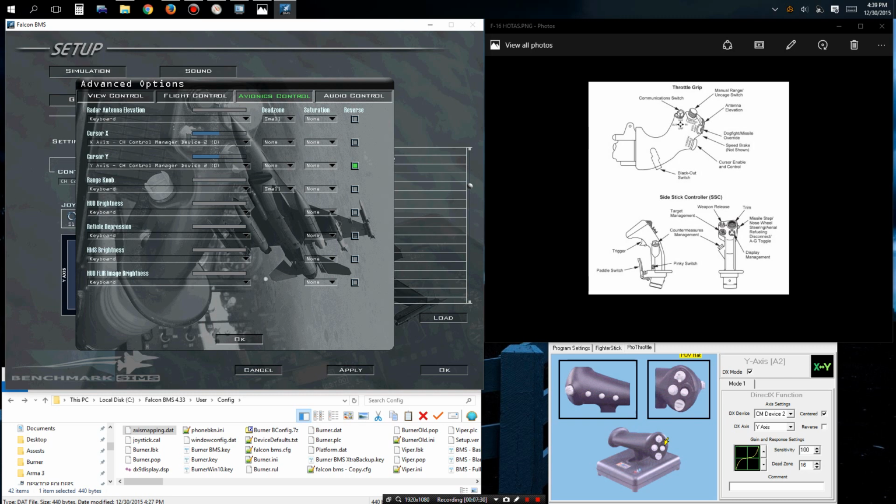Okay. The cursor X and cursor Y. Anytime you see somebody moving the little cursor on the radar or moving the TGP around. Excuse me, actually, you can move the TGP with the cursor. Yes, you can. Anytime you see somebody moving, don't quote me on the TGP. I actually think you might not be able to do that with the cursor. I can't remember now. But you can certainly move the radar cursor, right? So if you want to lock up a target, and then you can also move your little cursor on the horizontal situation display. And now thinking about it, like if I'm lasing a target, I can move the TGP around to a certain